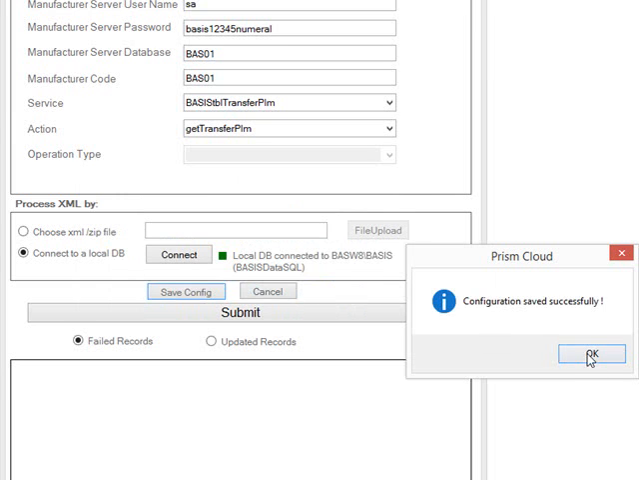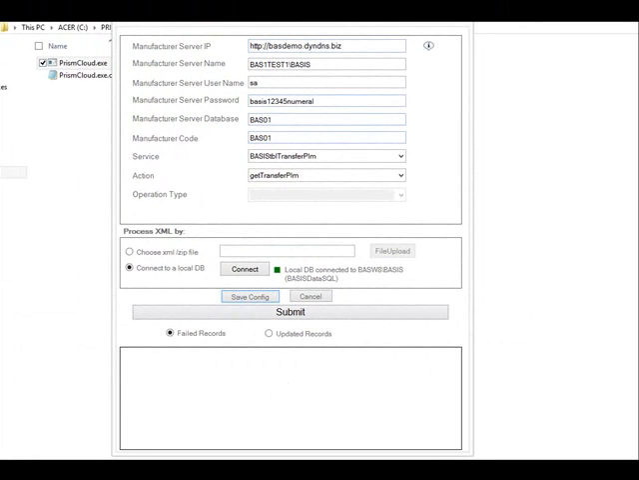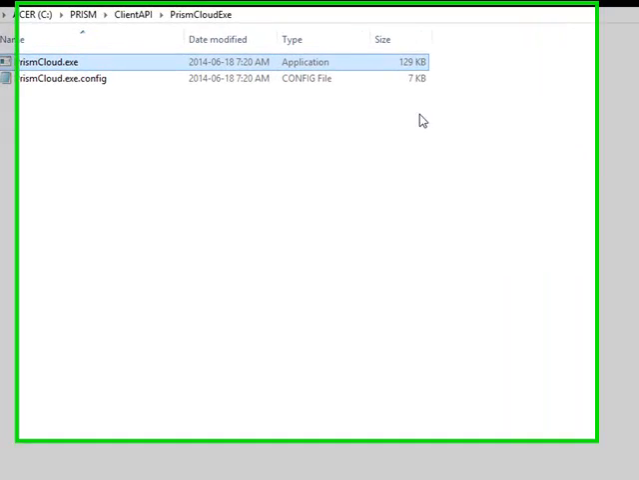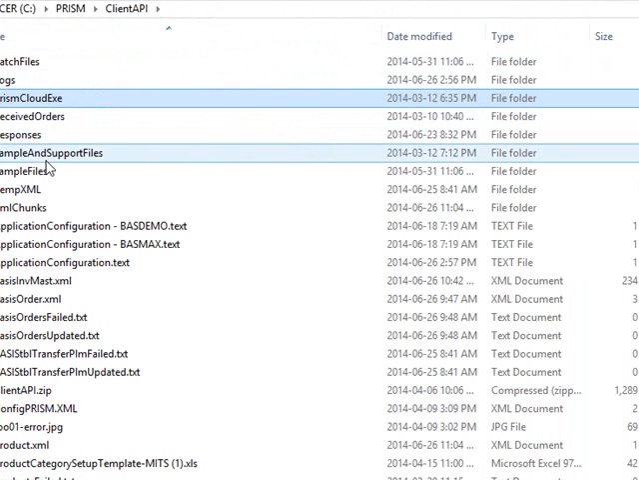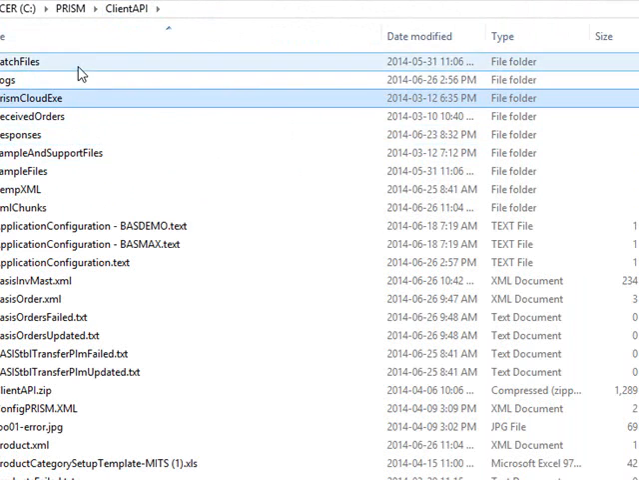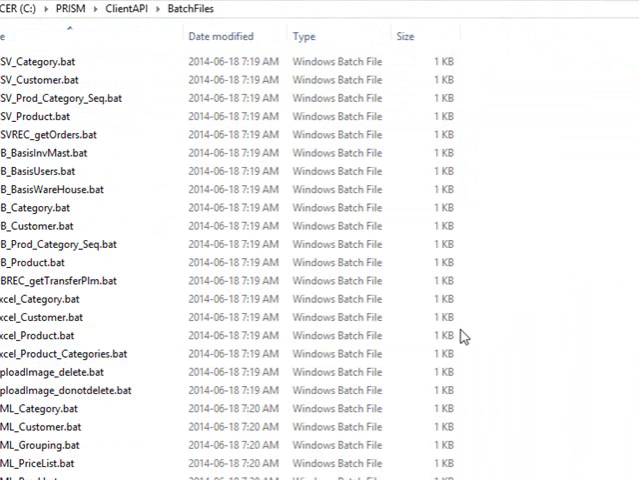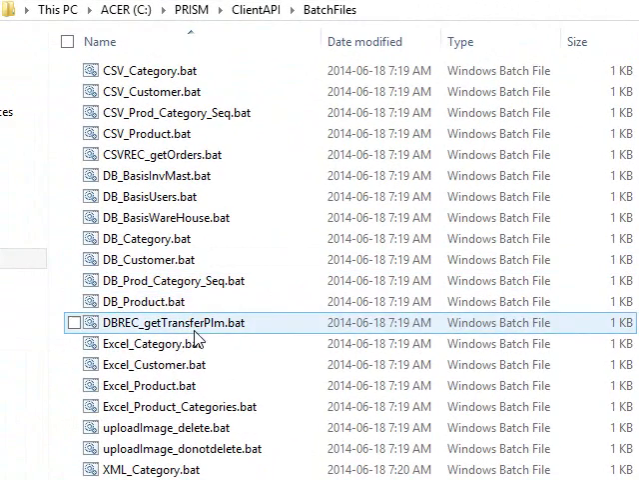So you can just click no, and it'll just save the file, and that's it. This is all we have to do for the API. The file that's going to be running from the API, there are batch files that the API uses, and there's a whole bunch of them. Most of them are for Prism. The ones for Basis, the one that we're going to be using is this one here, dbreg get tbl transfer